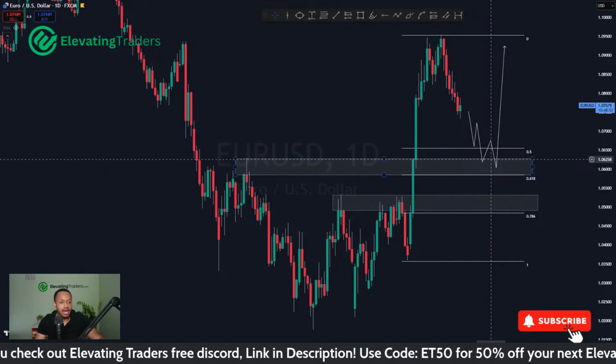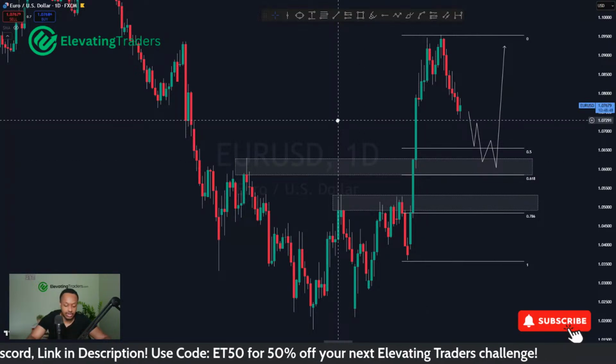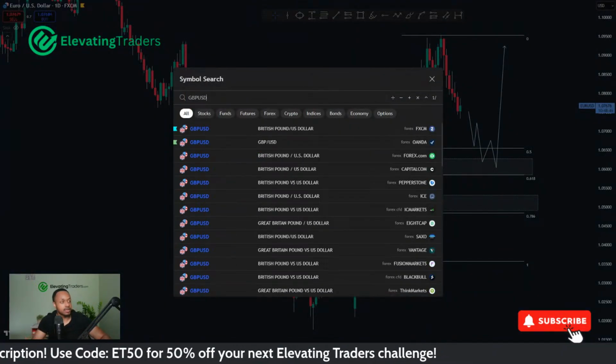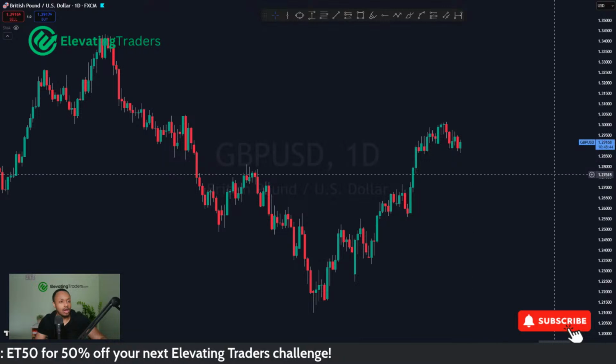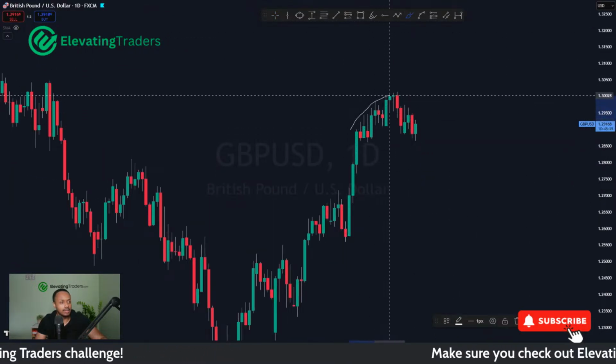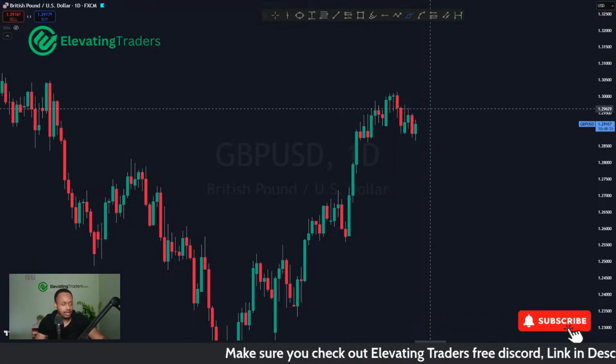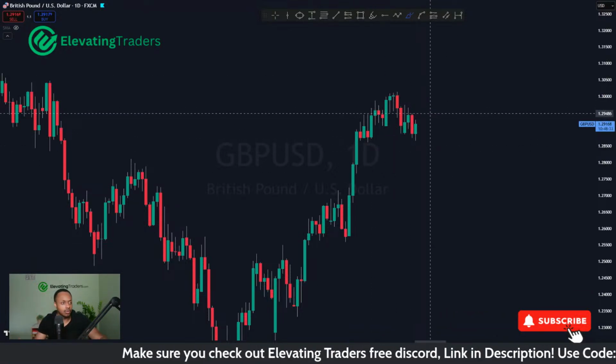But yeah, I'm still looking for the longs for Euro, but looking to see if we can invite potentially a deeper retracement. Pound USD likewise as well. This one's struggling at the high. You can kind of see it losing all that momentum. Now price is kind of rounding off a little bit. So again, looks like price is forming around the top there.